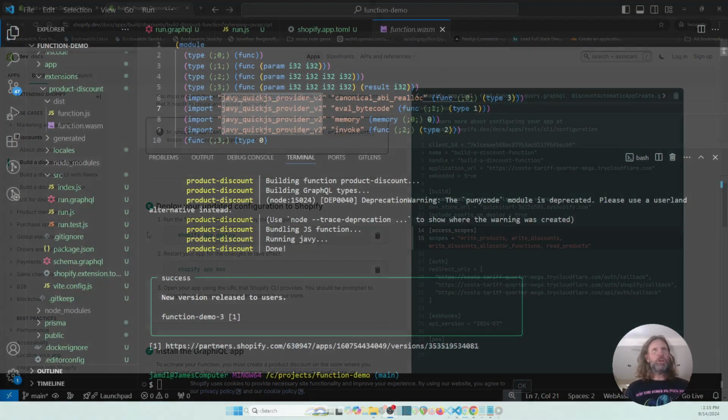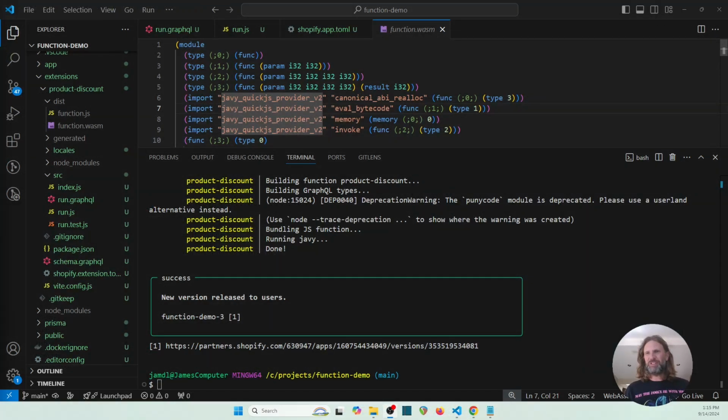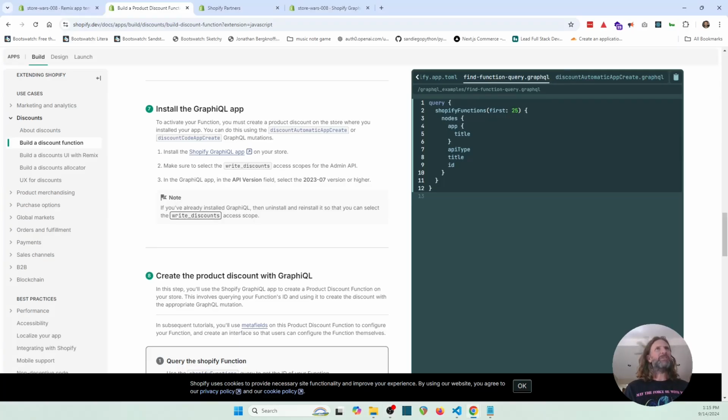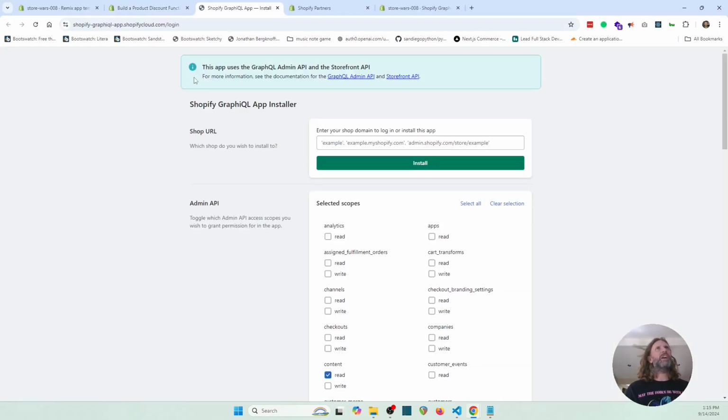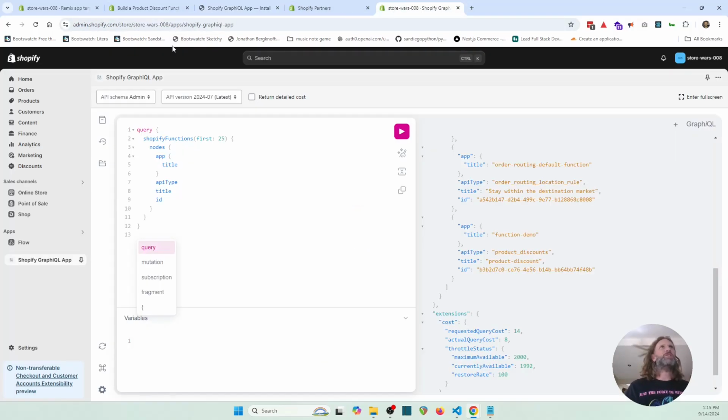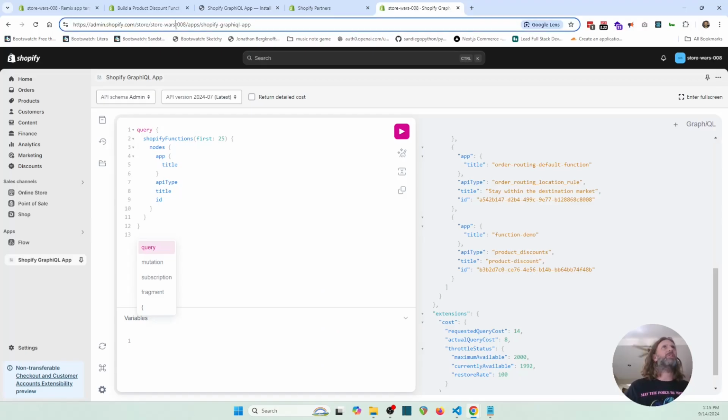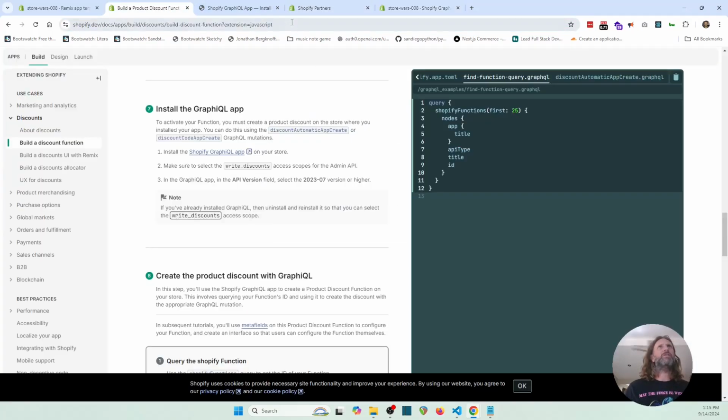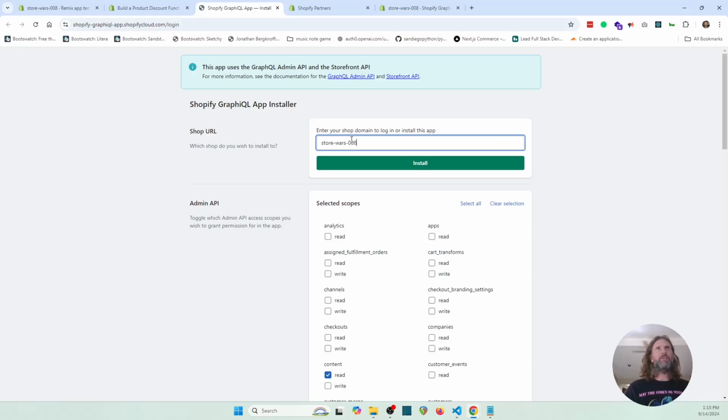And with this done, we are one step away from being able to test our function. We just have one more setup step. So go back to our help document. We need to install another application. This one is going to be called GraphiQL. You're going to put in the store that you want to install your application on. So in this case, I would have put in the Store Wars 008 and inserted that into this area, and